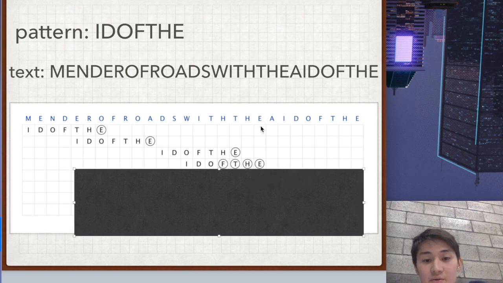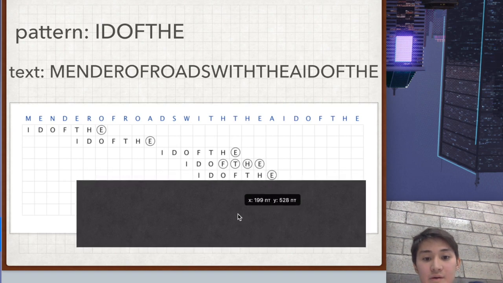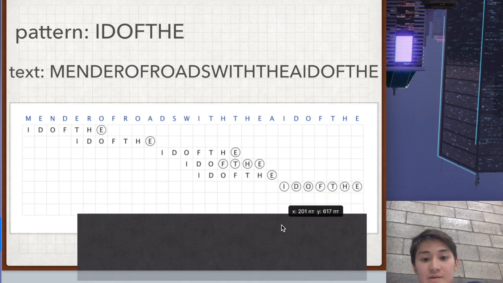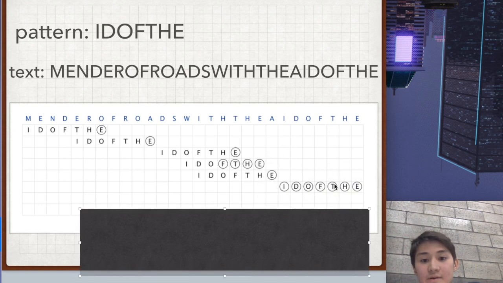So we can see E and H are equal, but H and F aren't equal, so we shift 1 position to the right, and there we again see that A and E aren't equal. A is not in our pattern, so we shift 7 positions to the right and see that we find our substring